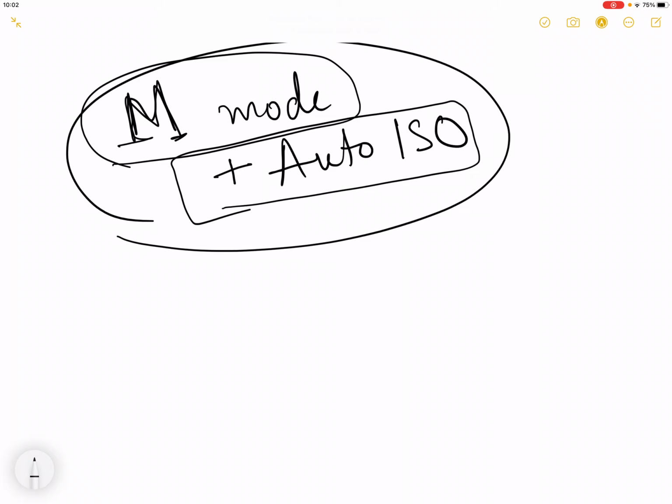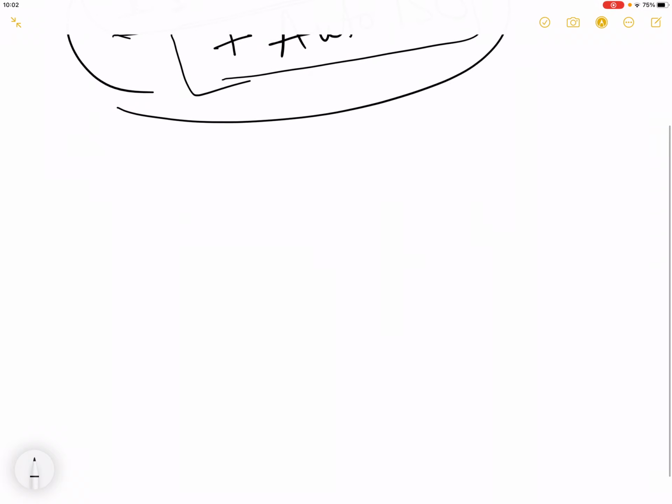So if you have not used this, basically what people do is, let's say they go to the manual mode and they have some shutter speed in mind that they want, which is, let's say, the minimum shutter speed that they would prefer to make a picture where it's not blurry, shaky and stuff like that. So for the sake of academics, let's say 1 by 500th of a second is the shutter speed that all